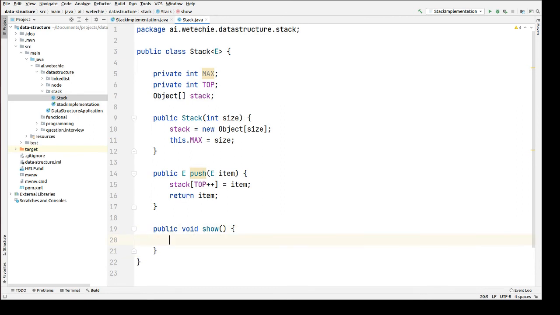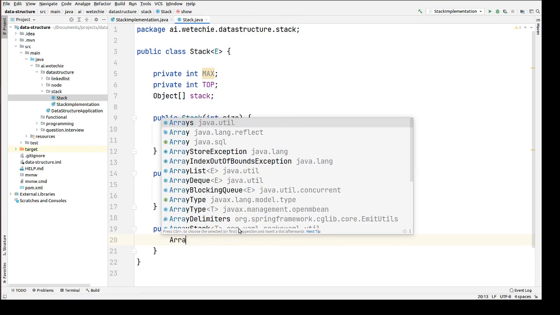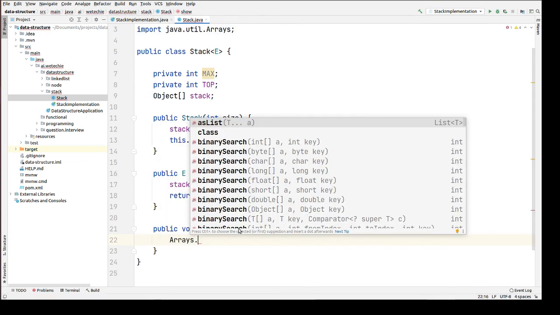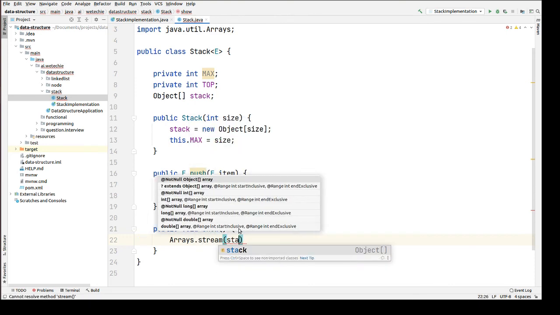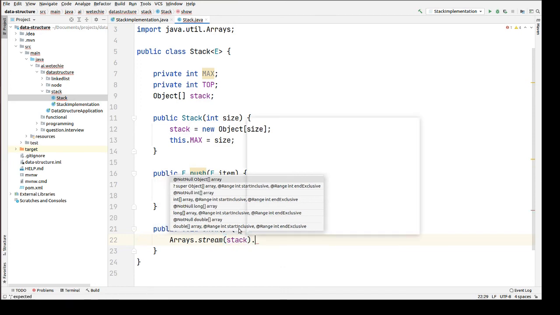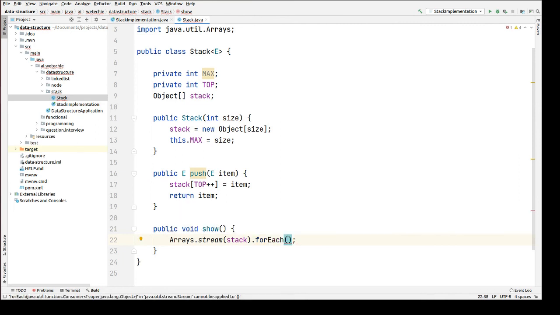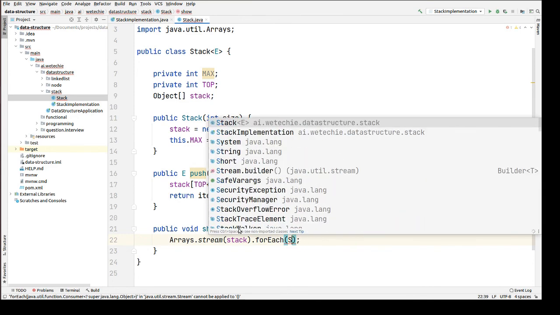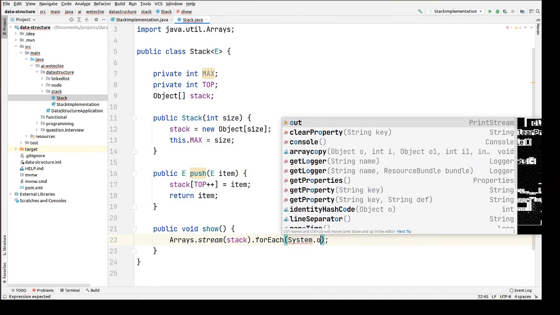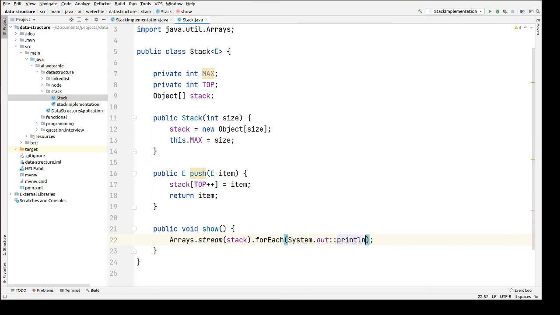What we're gonna do here, we will be using a simple stream, Arrays dot stream of stack. Now we're gonna use a forEach loop, which is expecting input of consumer type. Now we will be just printing the elements of the stack. System dot out. So we are using a method reference. So let's perform this println.